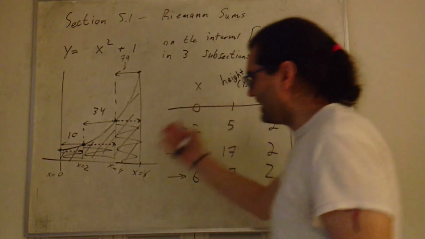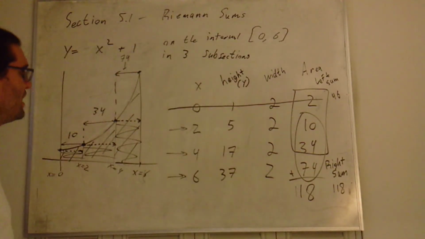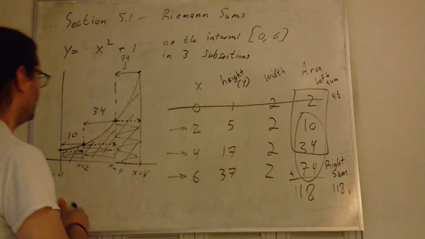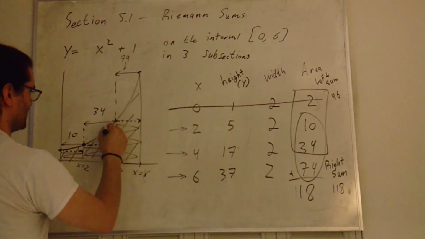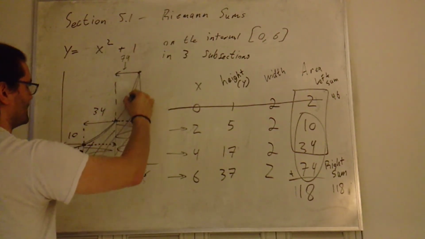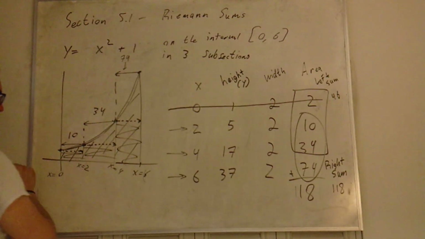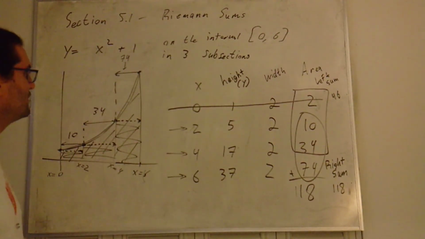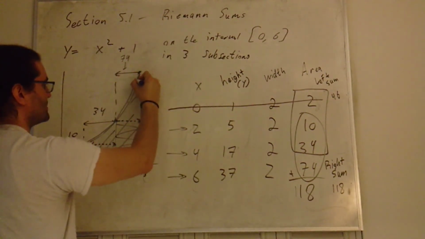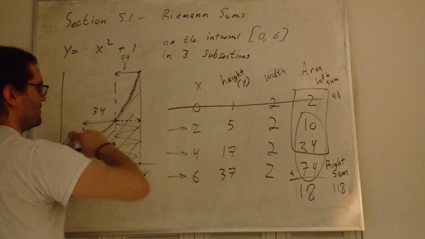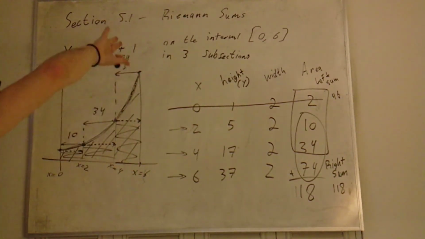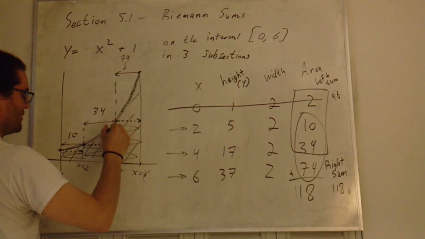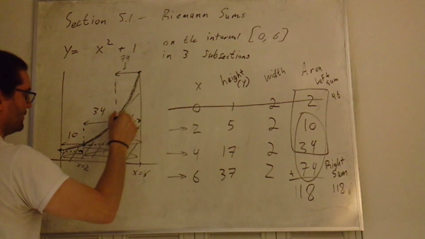The exact area is somewhere in between these 2 things. It's probably pretty close to the average of these two things. I mentioned before that if you take the average of these things, basically if you split the difference perfectly in half, that's the same as using trapezoids instead of rectangles. And a trapezoidal approximation here would be pretty close. It looks like it would still be a bit of an overestimate because this function is concave up, which means that the function is always below the straight line that connects two dots. So we're going to be overestimating still by a little bit,